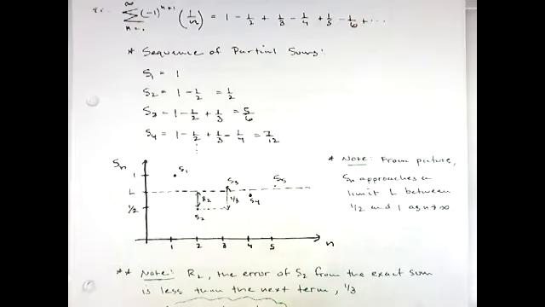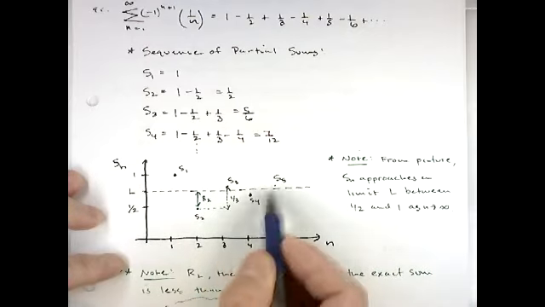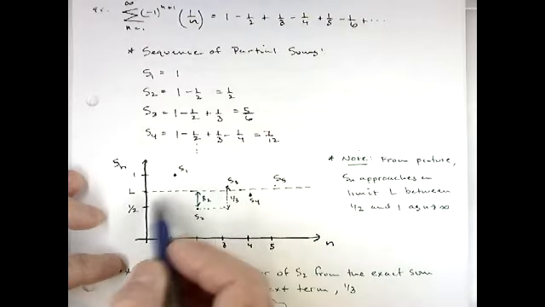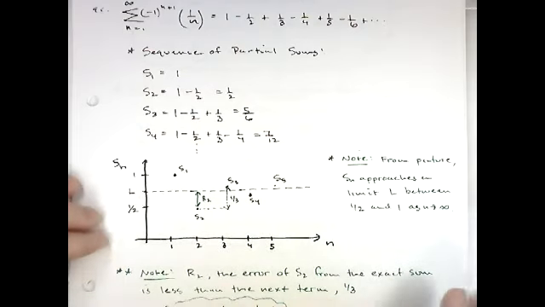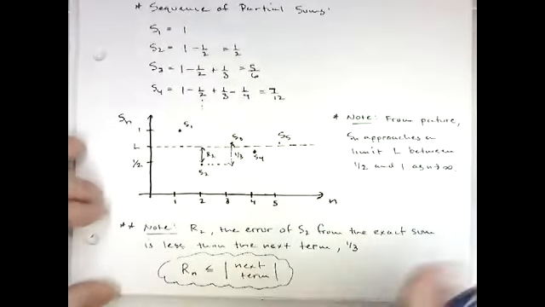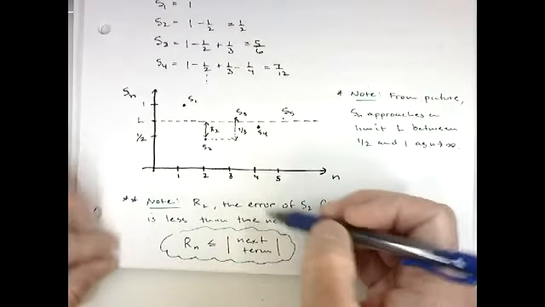Okay, so that tells us a couple of things. Number one, it tells us that this thing must converge, right? These partial sums are converging onto a limit somewhere between 1/2 and 1. More about that on the next page here. But another thing I want to point out, since we have this picture here, this will be important as well,